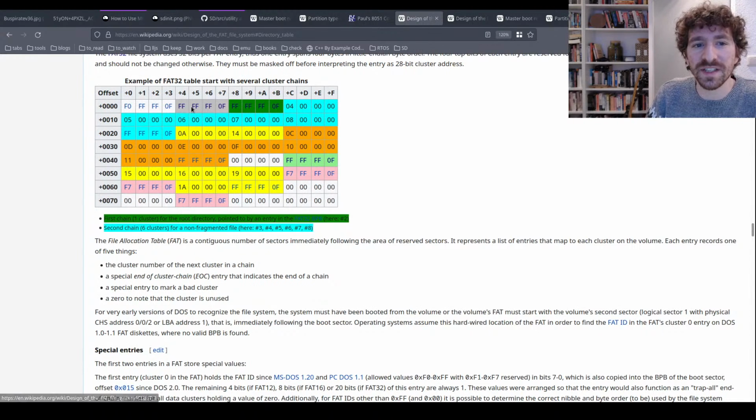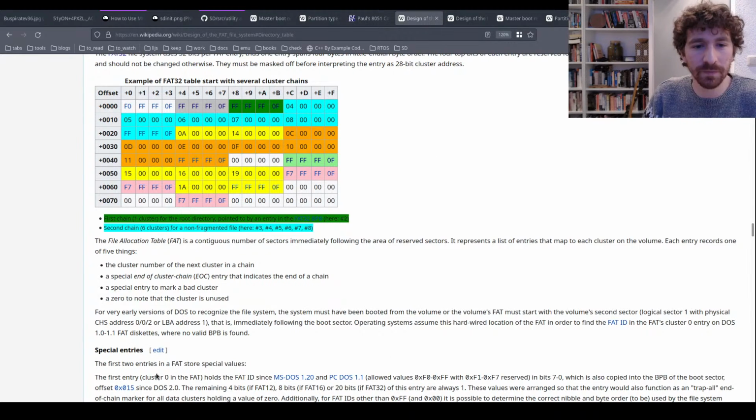But this value can potentially be anything from 0F, FF, FF, F8 up until FF. So in that region, that tells us that this is a special value. And in these first two entries, they don't mean anything, but the second entry actually uses the special value. That special value says that after you read the data at this cluster, there is no next cluster which has information. So this one is for cluster,